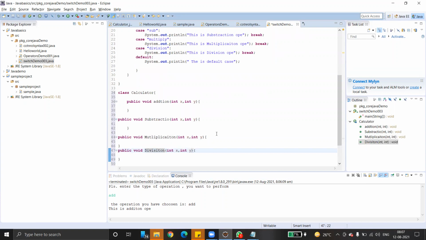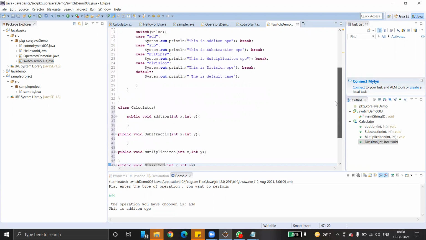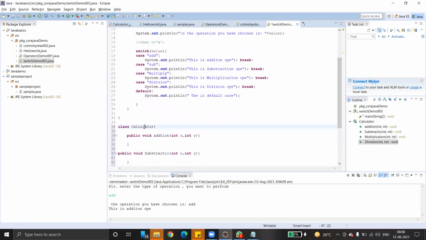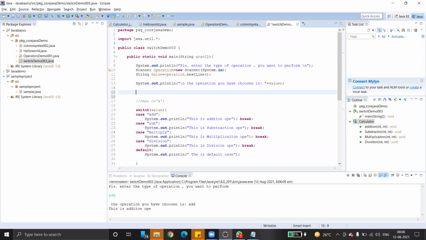So what I want you to do, you just call these functions here. How do you call? You just create an object for the calculator. So just go to the main method. Here we have to create an object. Creating an object I have already explained, very simple. Just give the name of the class, then the name of the variable, equals new keyword, which we use to create an object. Done.